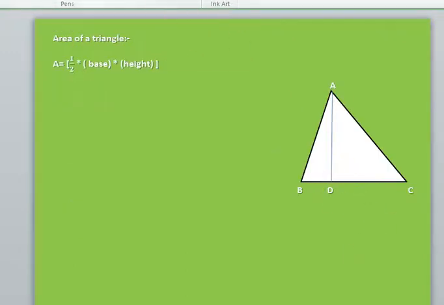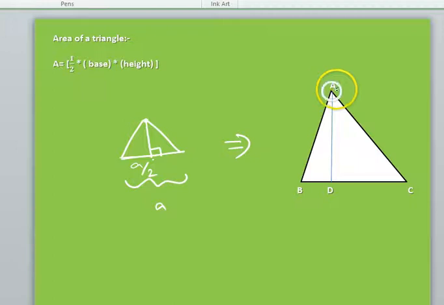Area of a triangle. The area of a triangle is given by half base into height. Normally what do we do? If we have an equilateral triangle, we drop a perpendicular from this point and we get half of the length of this side. Suppose this side was A, then we mark this as A by 2. Suppose the point is not at the midpoint, that is, it is not an equilateral triangle and its vertex A is displaced from the center to a particular point, then it is the same procedure.